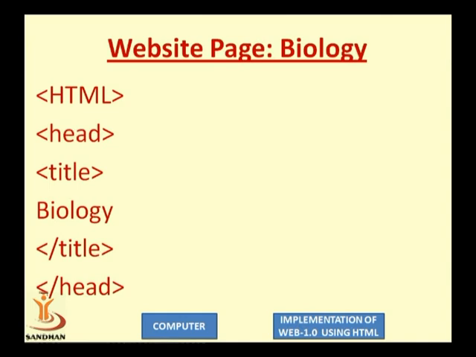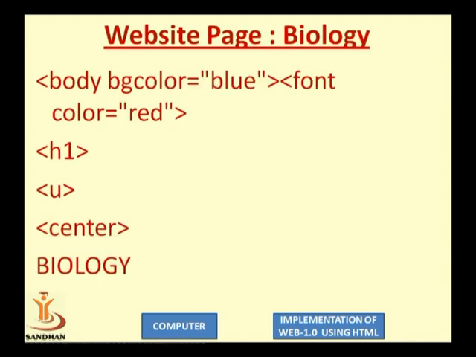So here we are taking one example, like simply we are developing a web page of biology information which contains the information about biology. So the first tag, obviously, is HTML. Here we are not putting any title or any head, so we have just simply written head and title. We can remove this tag also, right? Now biology is there, it's a title. Then body. Now we want to display some information in the body tag. So bgcolor is the attribute. So background color is blue, right? Font color is red.